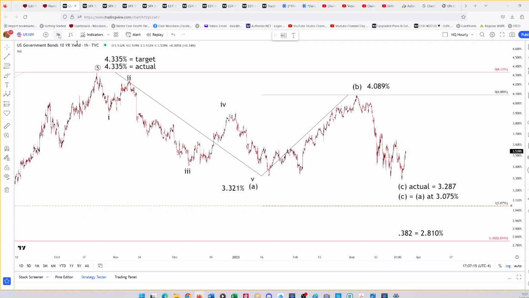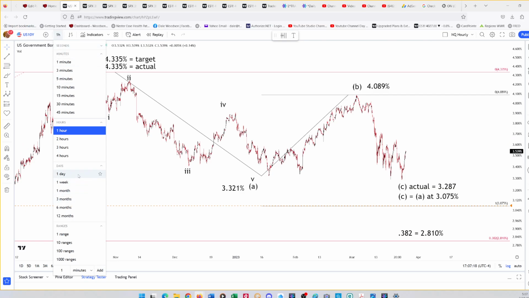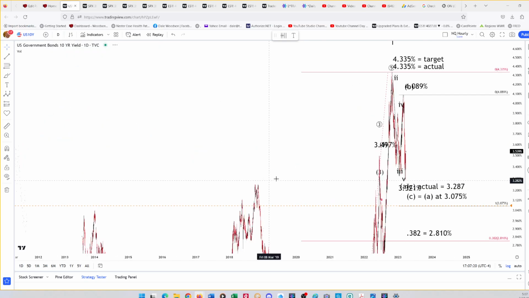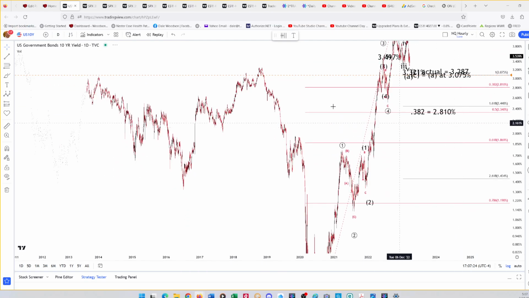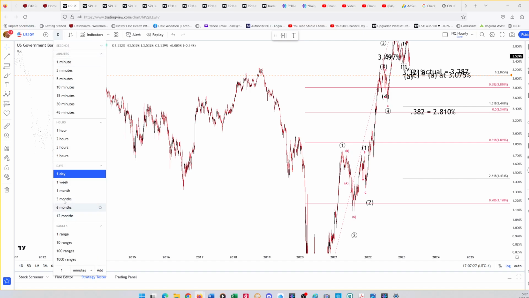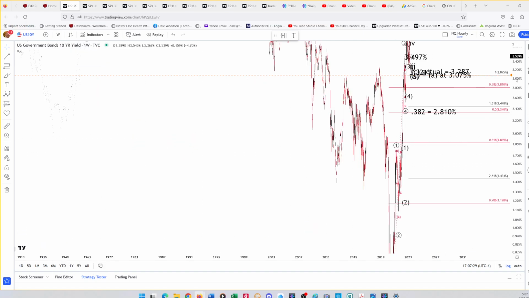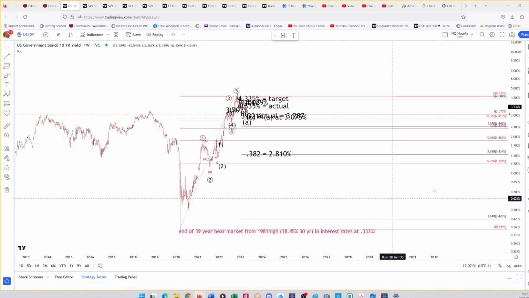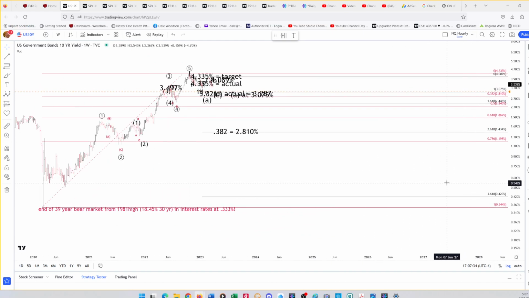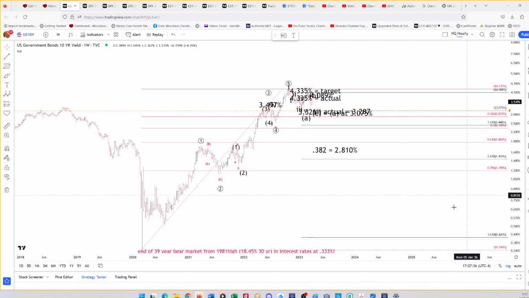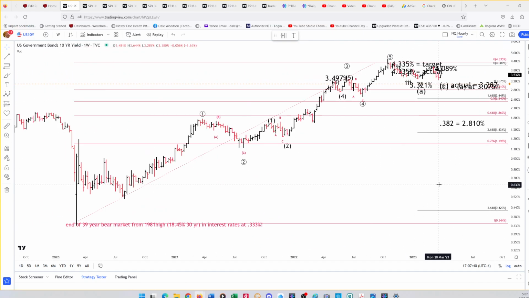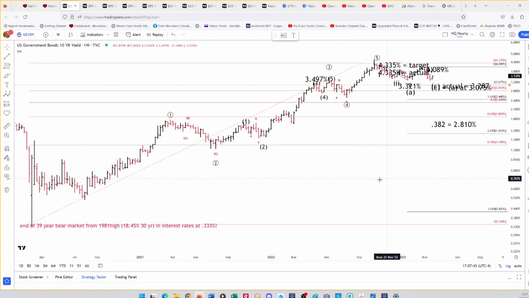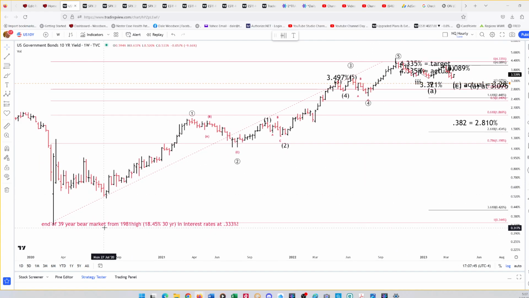If I can give you guys a better idea, I'm going to get a daily or even a weekly. Maybe the daily will do. This will be a little scrunched, but I can show you guys. Now let's go to weekly. Bear with me while I extrapolate this out. Anyway, the point is, we don't need all that in there, it ended a 39-year bear market from the 1981